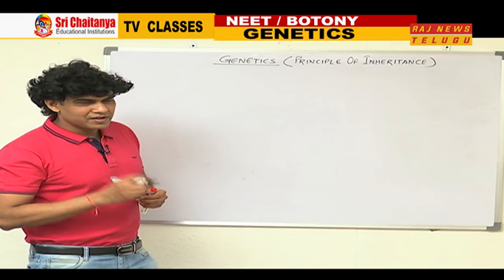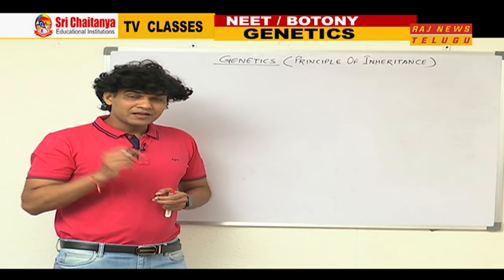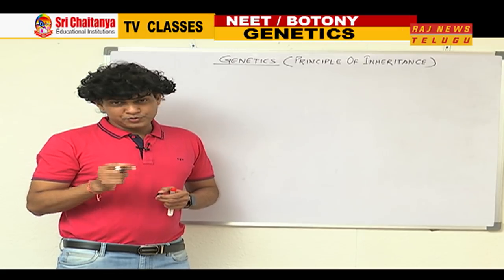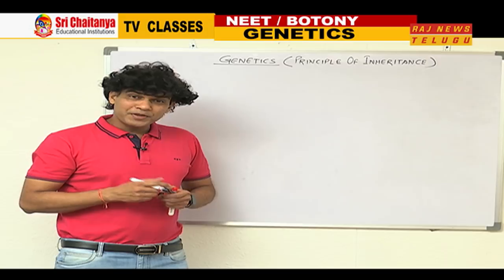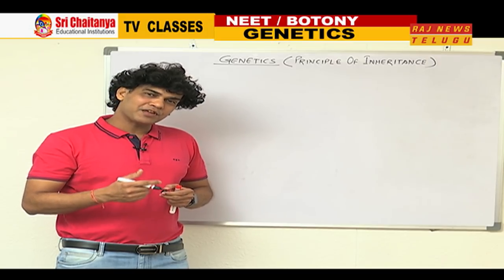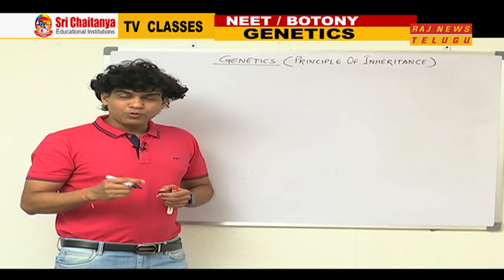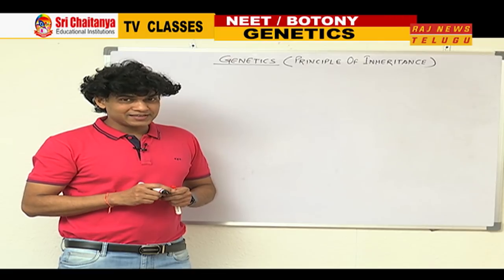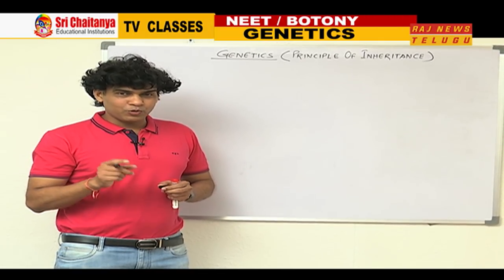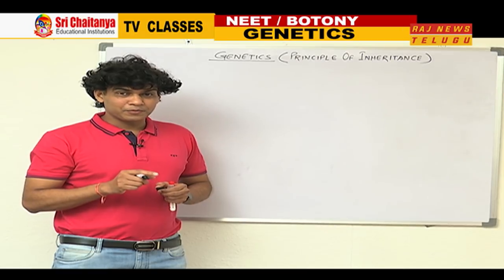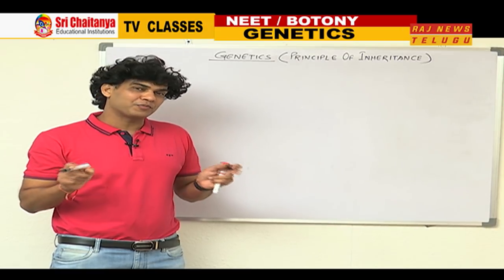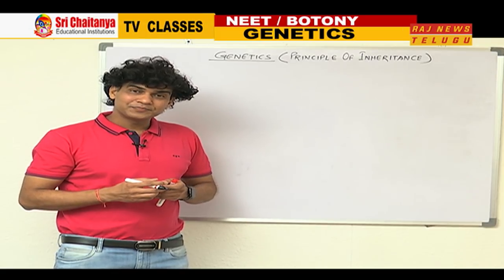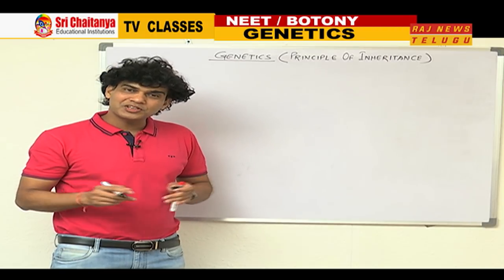Apart from this, ask yourself a very fundamental question: you all are human beings, your parents are also human beings, and their parents were also human beings. What a trend, that human beings always give rise to human beings. All your siblings arise from your parents, and they all are human beings. But beside this, one more thing is noticeable: all your siblings are human beings, but you are all different from each other. What a contradictory or contrasting thing this is. All are human beings but different from each other.